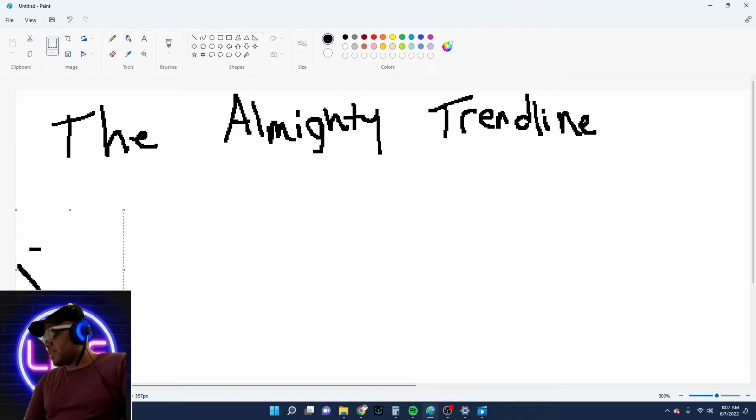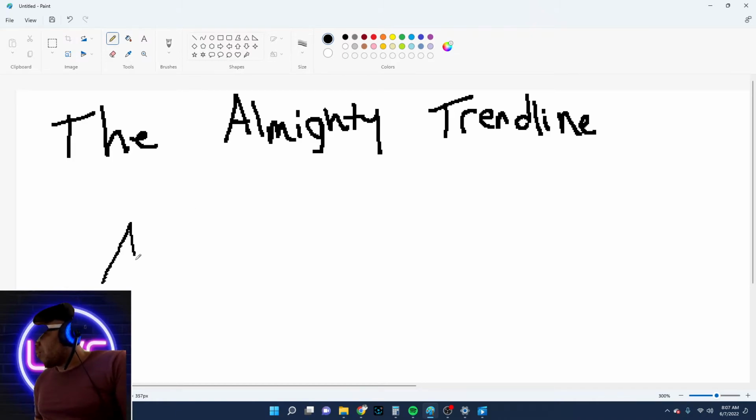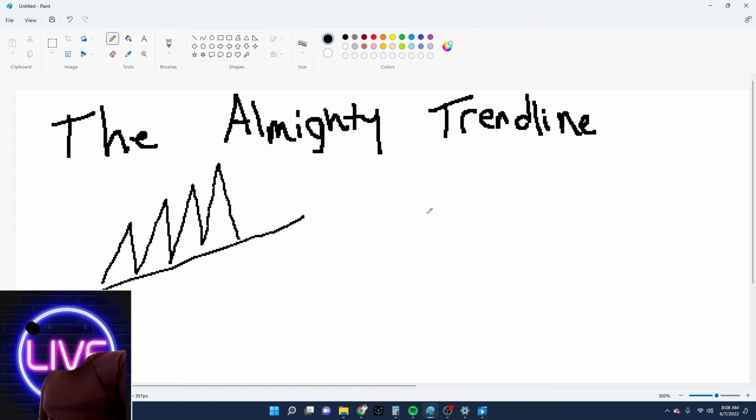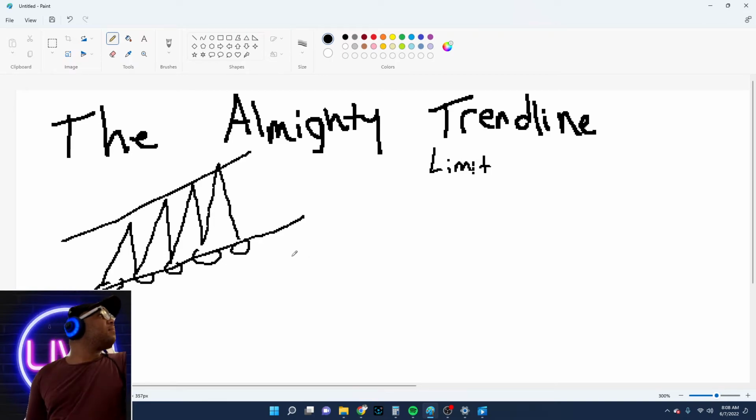All right, let's get rid of some of this. Another thing the trend line shows you is where liquidity is in the market. Remember that video I made about market liquidity? It's where the limit orders are resting. Where are the orders resting in the market? They're usually below and above trend and channel lines, and the trend lines help you visualize that.